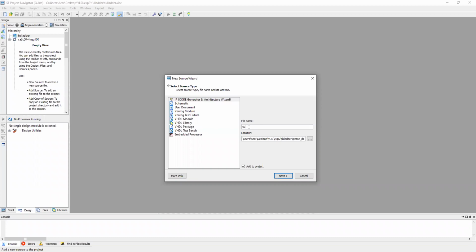So I will give the name full add. Okay, first I have to give a name to my source. Which program am I executing? It is a full adder, so I have to give the name full add here. This is also up to you, whichever name you are giving. Here you can mention full underscore add or full add 123, any name of your choice. It's a kind of entity name we are setting here, right? It's a kind of entity name.